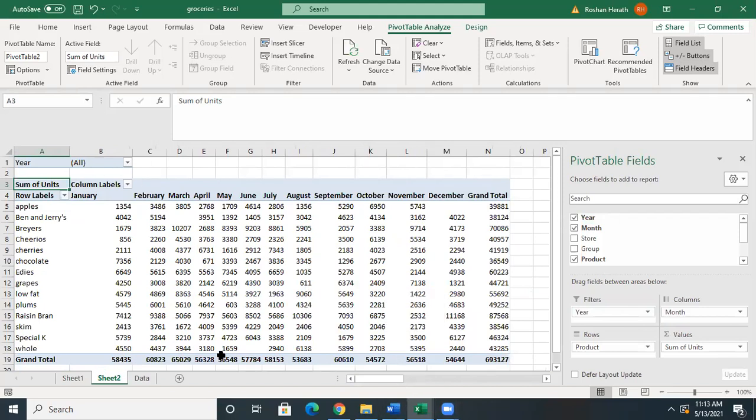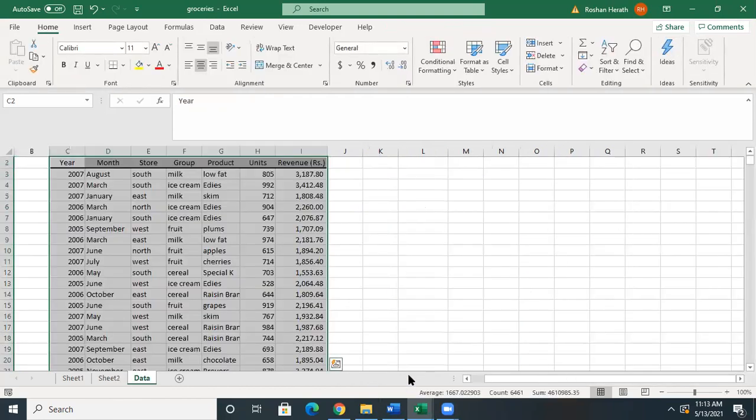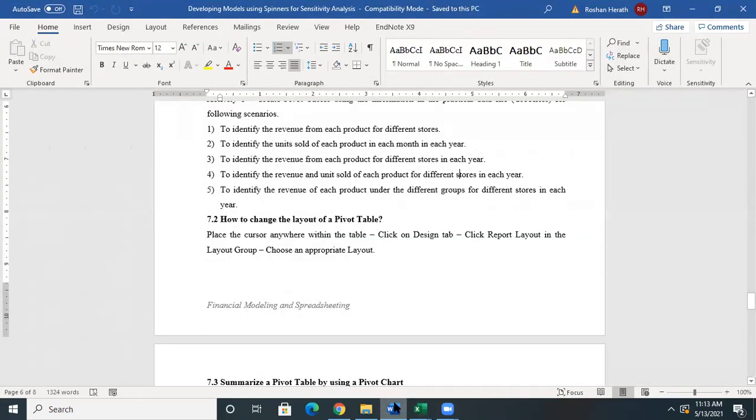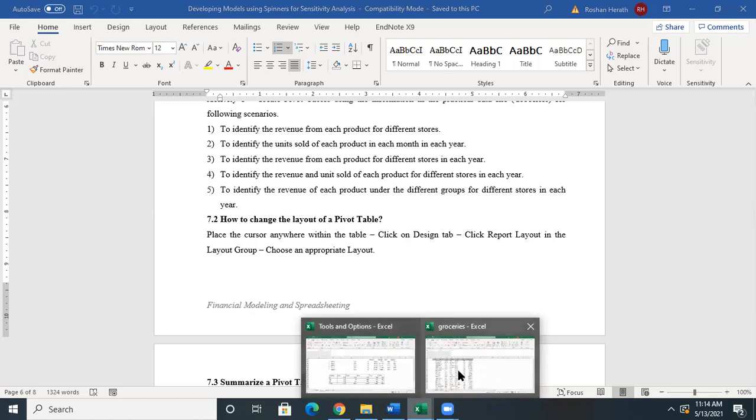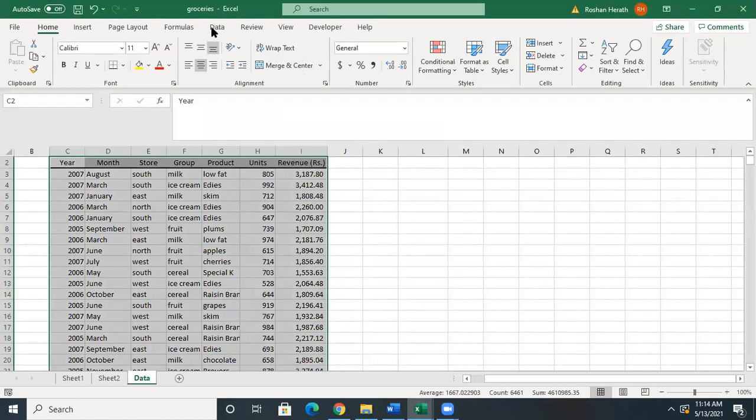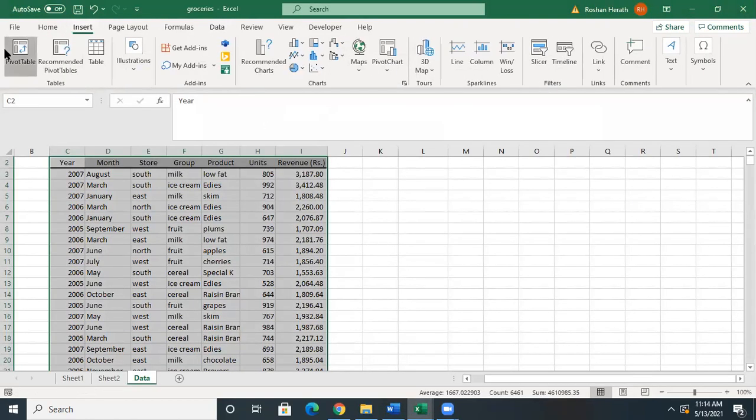Okay, that's it. Now let's look at the third analysis. What is that? To identify the revenue from each product to different stores in each year. Okay, each product, each different store, revenue each year. Go to the insert pivot table,